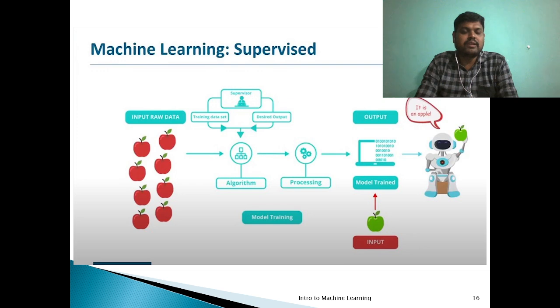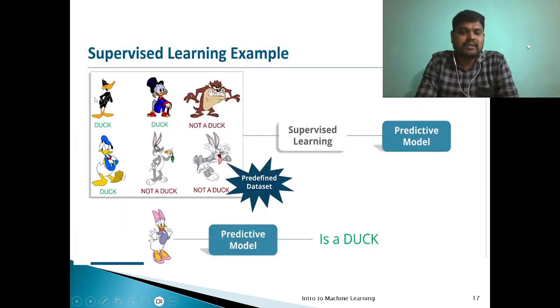So supervised machine learning. When you train your model, the data set that is being given to the model will be labeled or annotated. See, for example, if you look at the diagram, this is the input that is being applied to the supervised machine learning model. So each image will be given with a label.